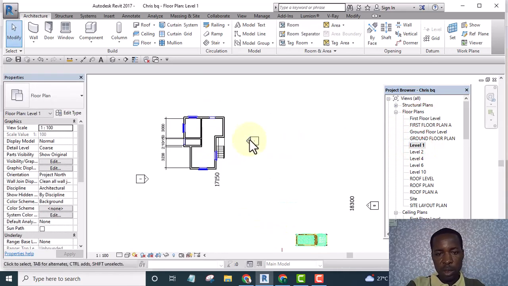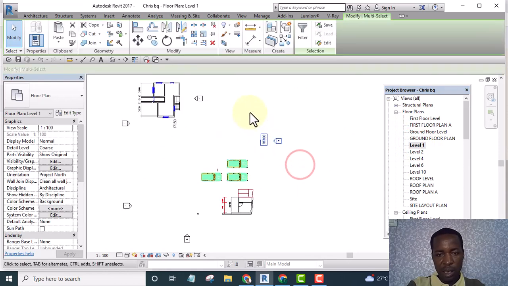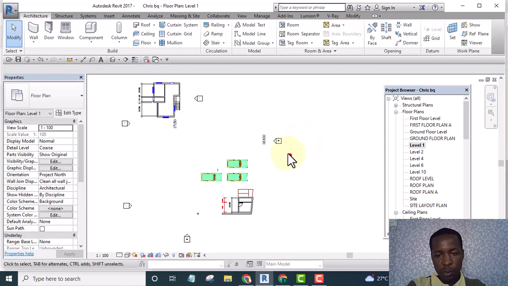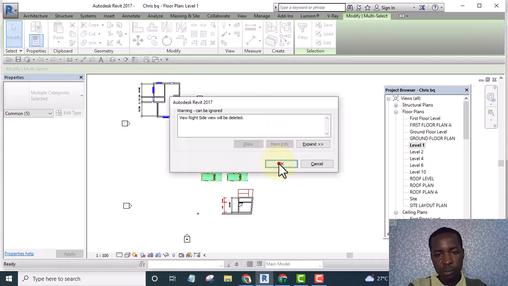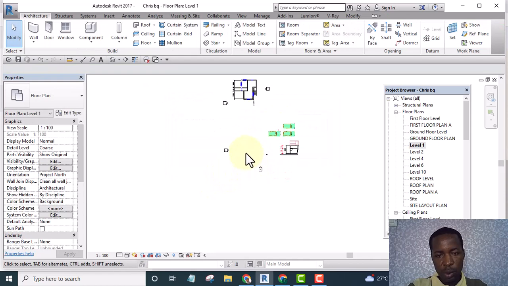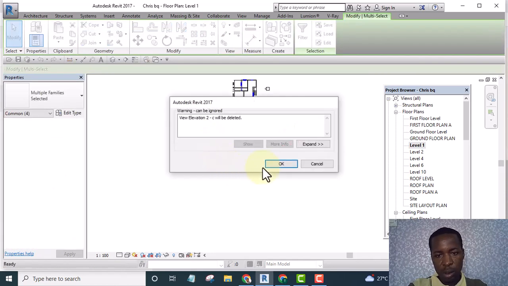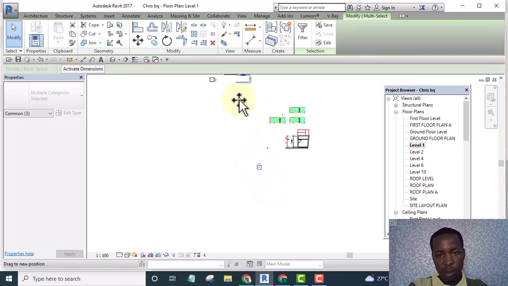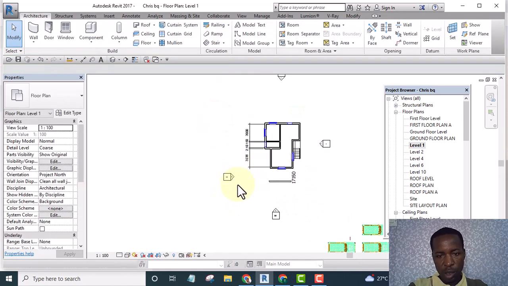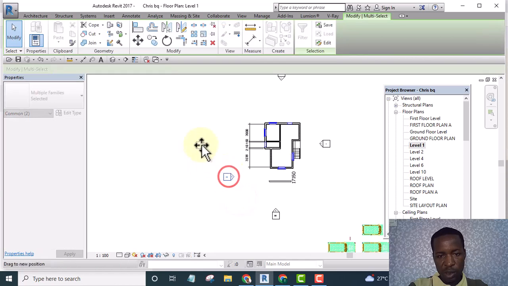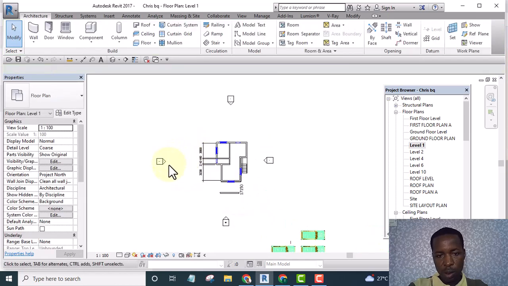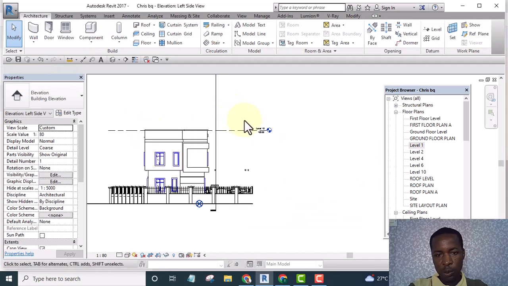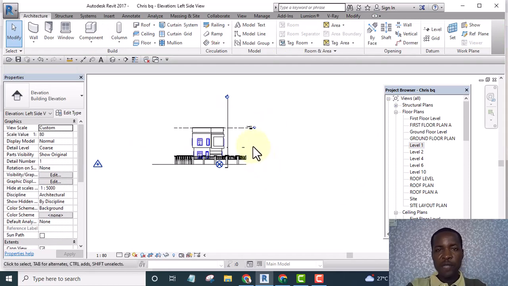Let me go to this. So if I like, I can remove all these. They are no longer useful. I can delete them. I can delete this one. Yes, then I move this one here, and I can move this one backward. So all these ones are focusing on the boys quarter alone,